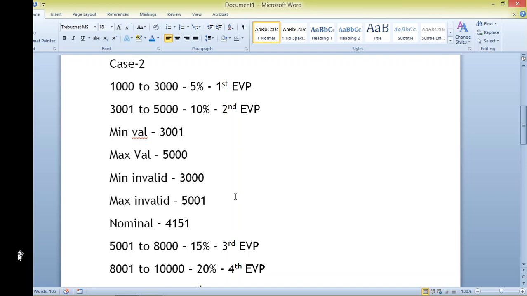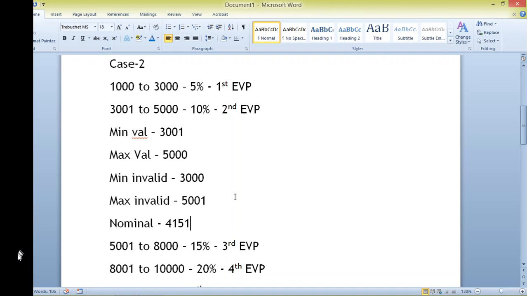Because this will be the question that will be asked when you face an interview. They will give you the classes maybe, or they will give you the scenario. As I told you, you will be asked to give the equivalence partitioning classes, and you should be giving your boundary values also.